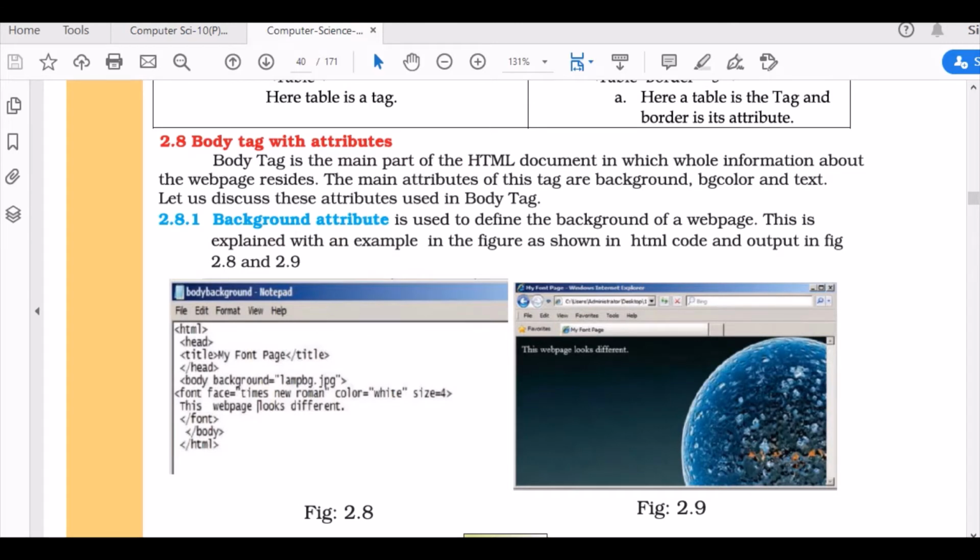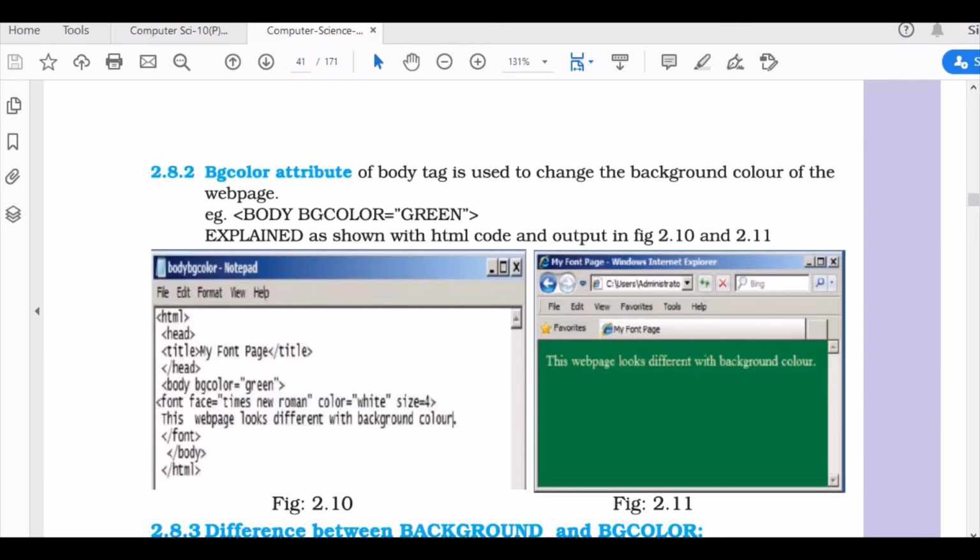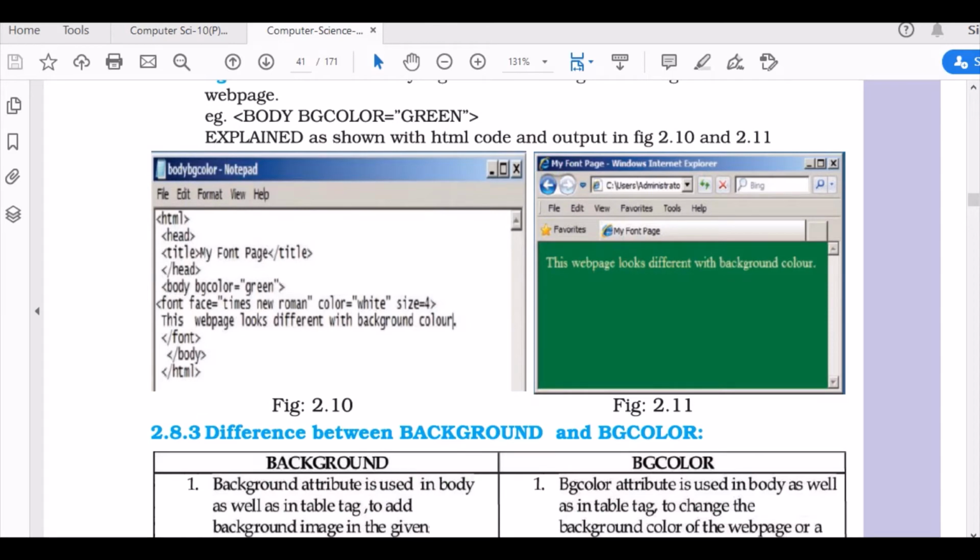Body tag with attributes. Now, body, the actual information that is displayed here. You can add a background and write something on it, or you can add a background color.